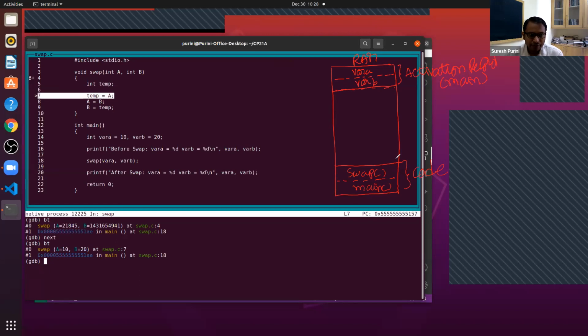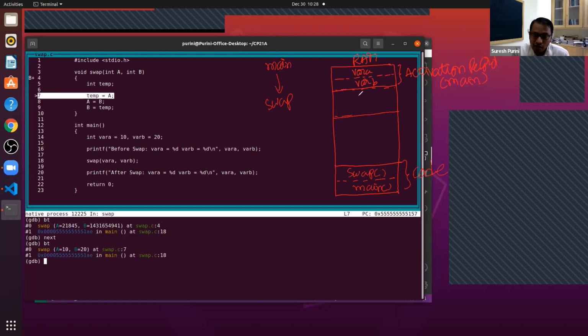All right. So now, the swap program. Now when main calls swap with the parameter values 10 and 20, swap becomes active. Earlier swap is not active.